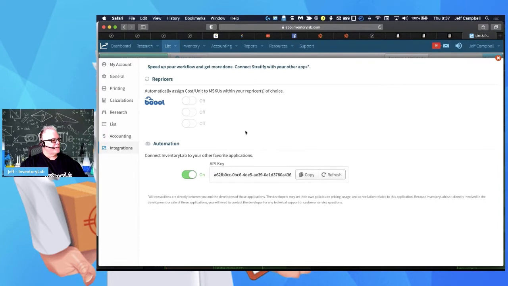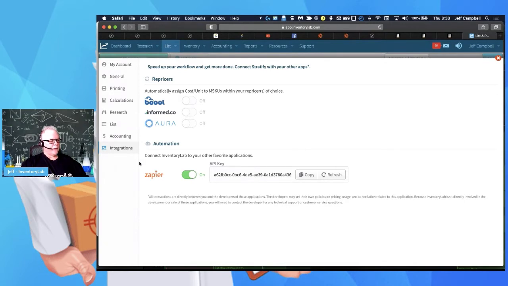And in integrations, again, we have the Repricer set up. Monday the 8th, we'll have Sellersnap right here. And we also have the option for Be Cool, Informed, and Aura. You can turn those on. And then you'll notice we have a Zapier integration. If you're not familiar with that, you do have that option now. So we have Zapier